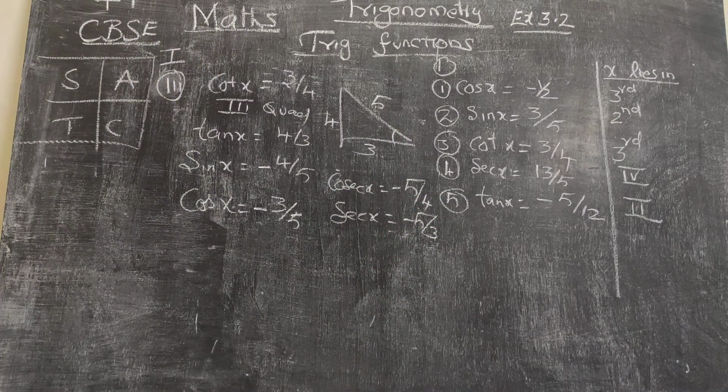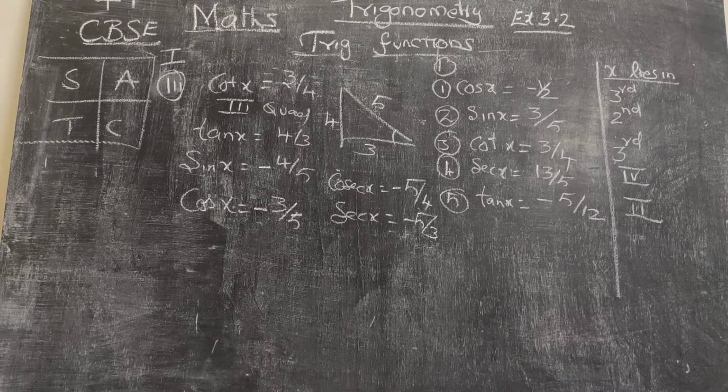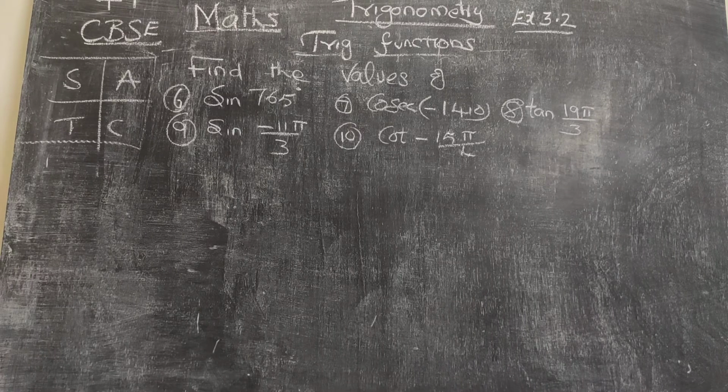The other two sums, I think you can do. Since it's very easy, I am not going for that. So shall I go for the second problem? Now I go to the remaining 5 problems where you have to find the values of sin 765,